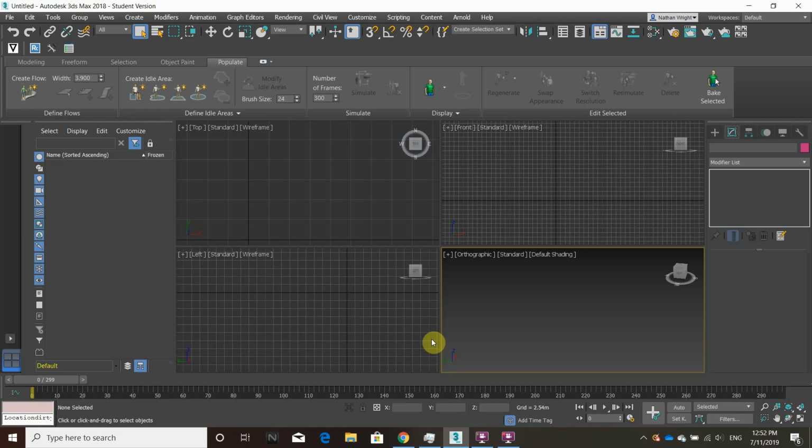Hello, I am Nathan Wright, and in this video I will be showing you how to model a city in 3ds Max using Maproom, and also I'm going to show you how to populate that city with animated people using the populate tool. So first of all, what we're going to do is open 3ds Max,